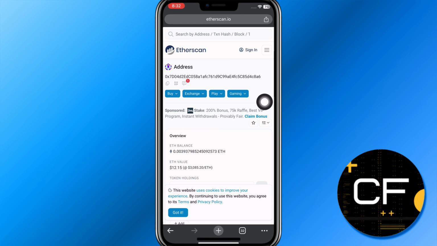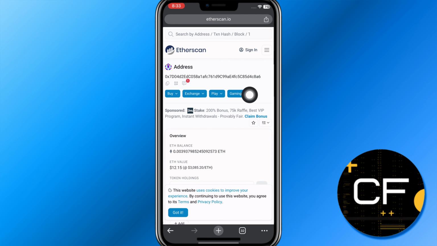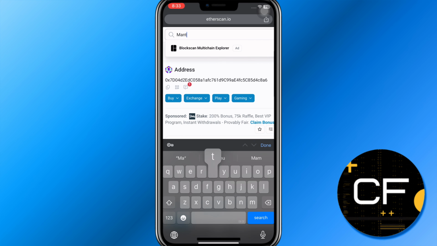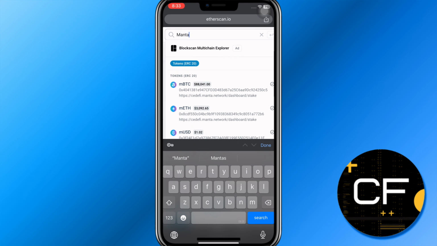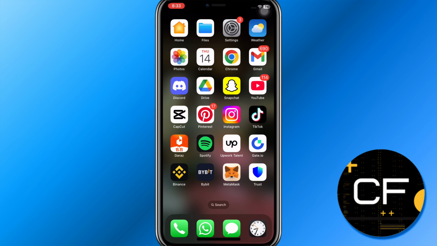In order to do this, you first have to launch your web browser and in the search bar, you will have to type etherscan.io. After that, you just have to use this search bar and type Manta network, and it will redirect you to this page. Now over here you are going to see the contract address of Manta. So you simply need to copy this contract address and after that you just have to launch your MetaMask mobile